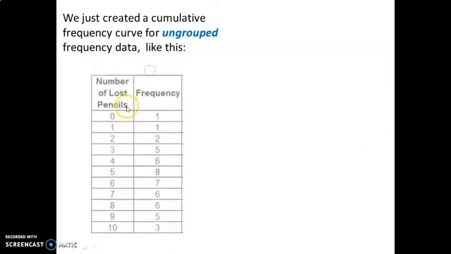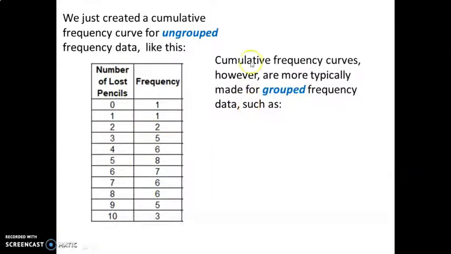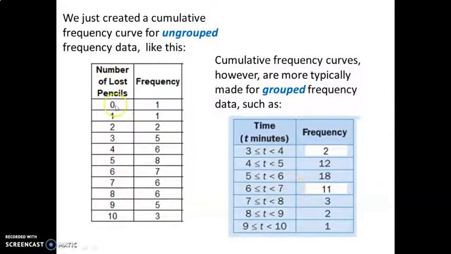We just created a cumulative frequency curve for ungrouped frequency data like this. More typically, however, cumulative frequency curves are made for grouped frequency data, such as this. This shows discrete data, this shows continuous data. So again, usually we make cumulative frequency curves for continuous data. So you can see now there's a